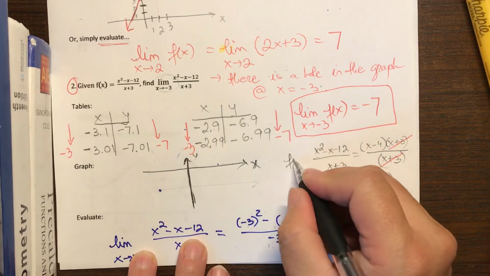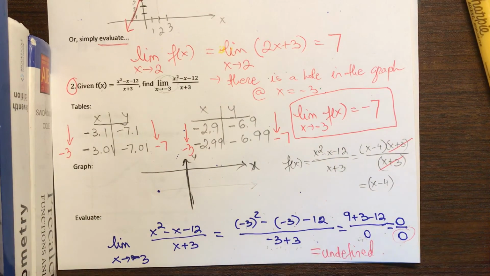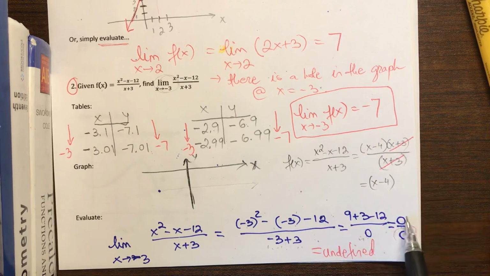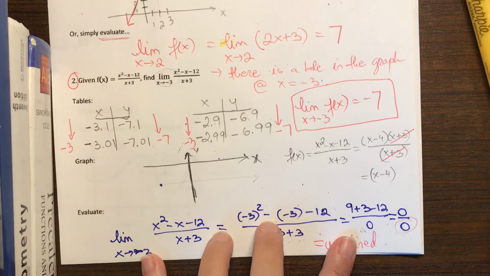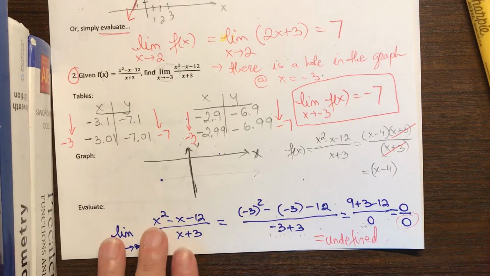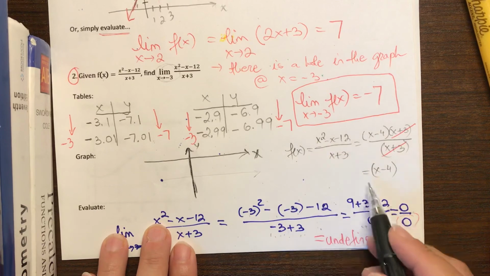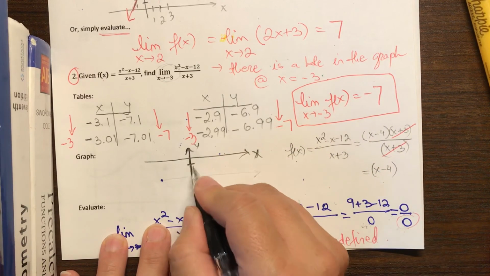So this is really what your function is. And again, the only way you can reduce that x plus 3 is if you say that x does not equal negative 3, because you couldn't divide by 0, right? You can cross out these zeros and end up with x minus 4, right? So as long as you say x is not equal to negative 3, you're safe to go. So this function is really this line